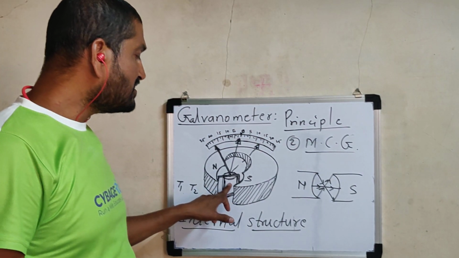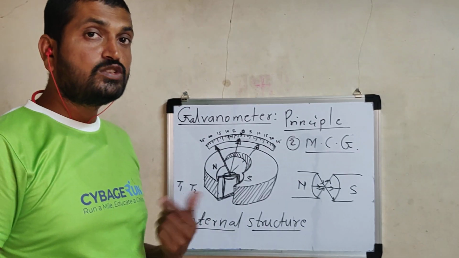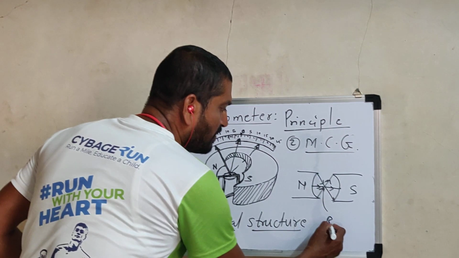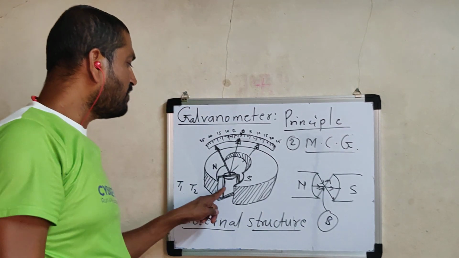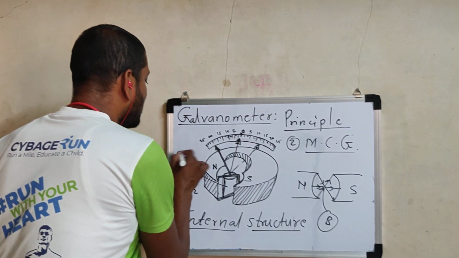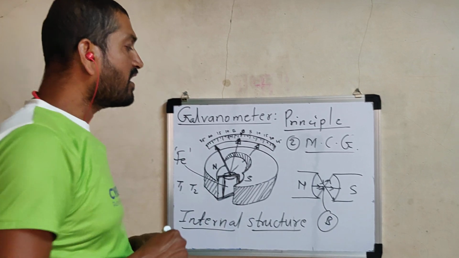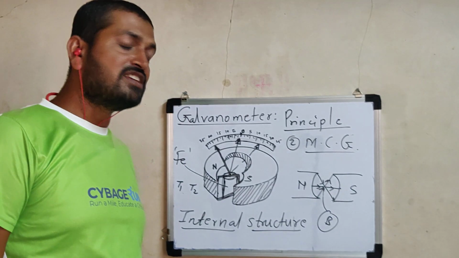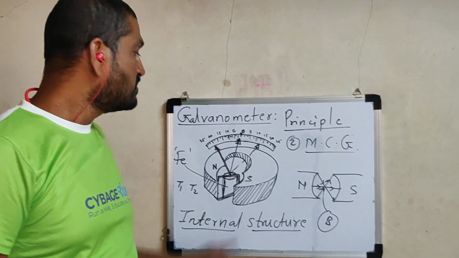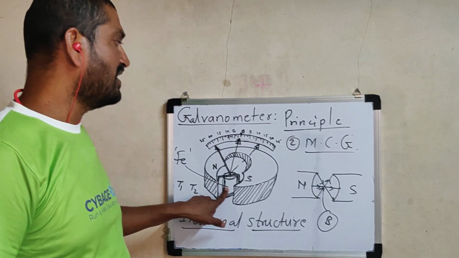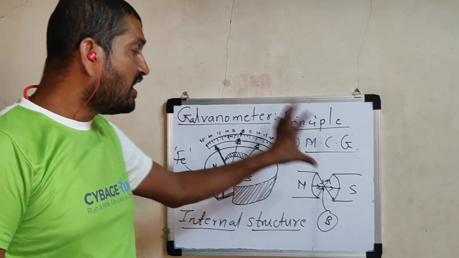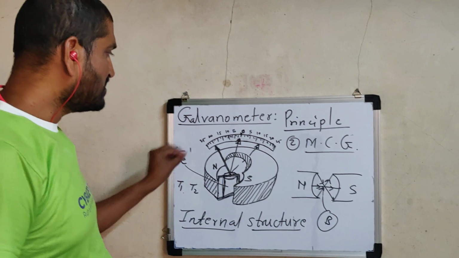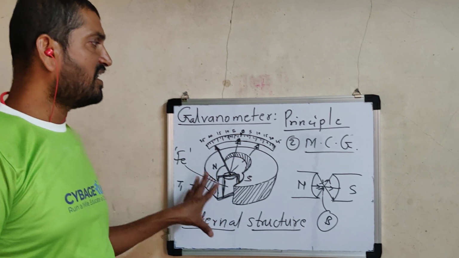And this iron cylinder is a ferromagnetic material, so it helps to increase the strength of the magnetic field. It means whatever magnetic field is there, that magnetic field can be increased by this material. This is an iron cylinder, Fe, and iron is ferromagnetic. When it is inside a magnetic field, it itself gets magnetized, so the total magnetic field will increase. So these are the two purposes of using this iron cylinder. The detailed construction part and working part is not in your syllabus. Simply, this is an outline of how exactly it works.